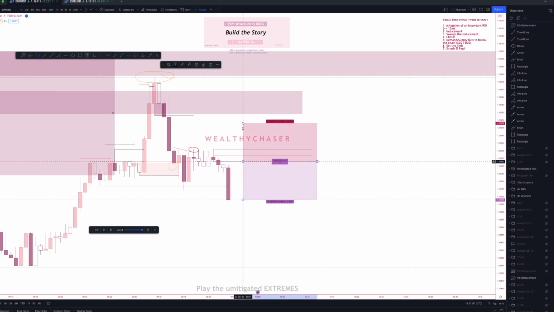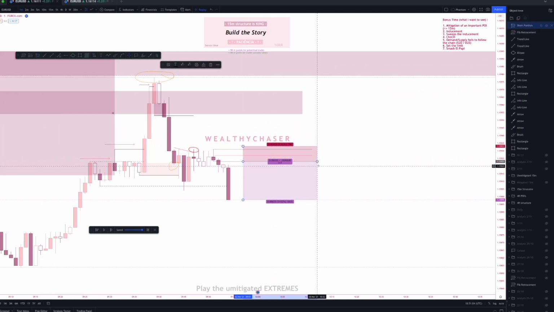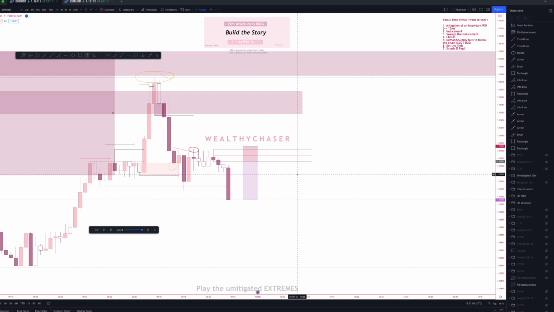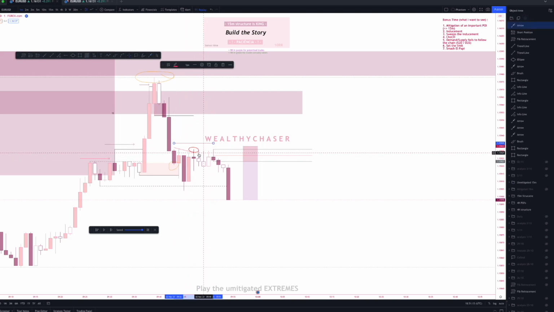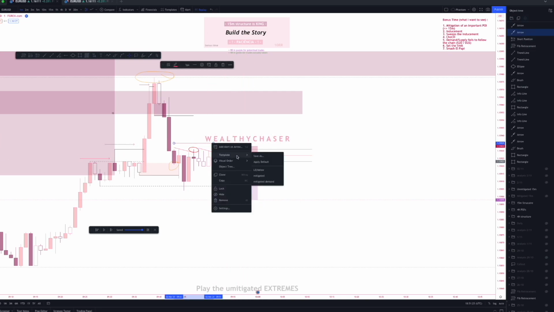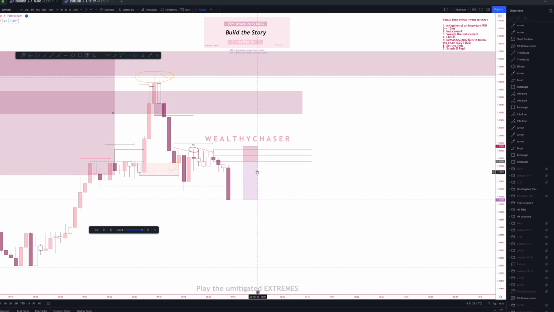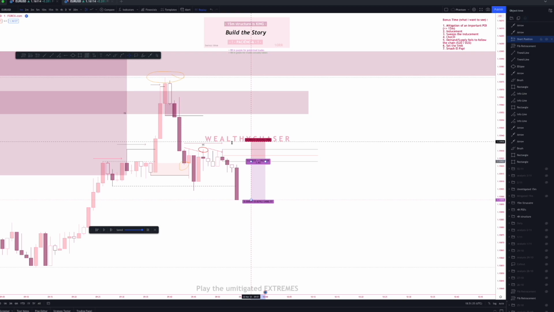The question is, where to put my stop loss? Well, we need to think about this. This is a zone that is full of liquidity. We can't argue that there's loads of liquidity here. You can consider this a sweep of liquidity, and you can consider this also a sweep of liquidity, but it's true, PA has a bunch of liquidity here. So why would I put my stop loss here, like 5 pips? That's not doable for me.